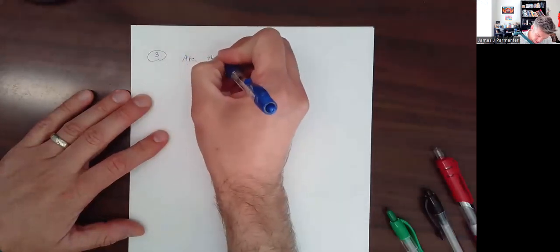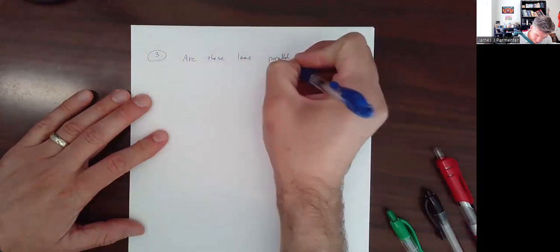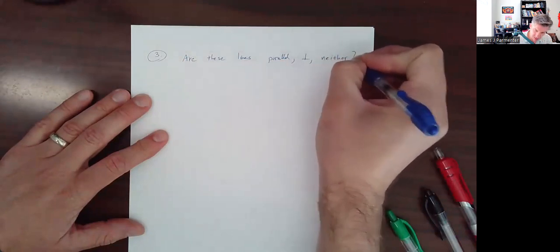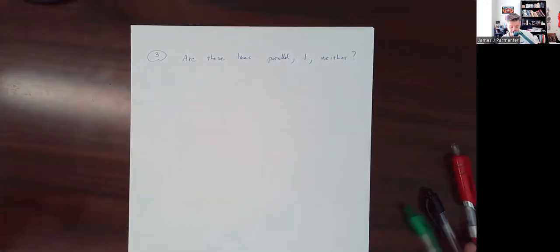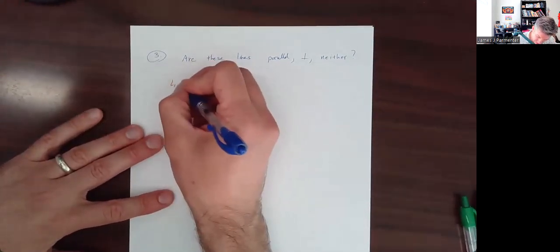Are these lines parallel, perpendicular, or neither? Before I do this question, you should pause the video and try to do it yourself. So let's say we have the lines L1 given by